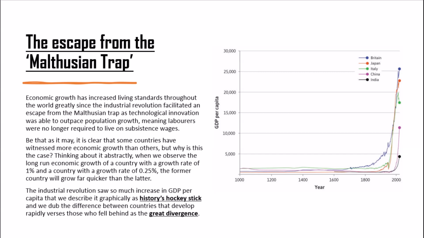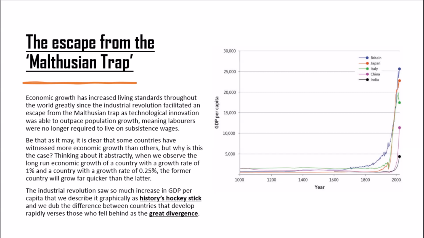The escape from the Malthusian trap. Economic growth has increased living standards throughout the world greatly since the Industrial Revolution facilitated an escape from the Malthusian trap, as technological innovation was able to outpace population growth, meaning that labourers were no longer required to live on subsistence wages. So, if you haven't seen the lesson where we talked about history's hockey stick and the escape from the Malthusian trap in Micro 1,